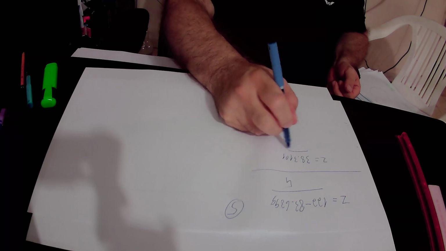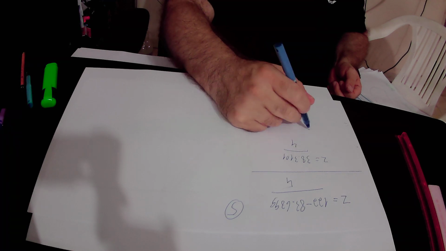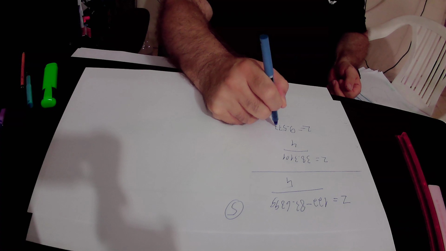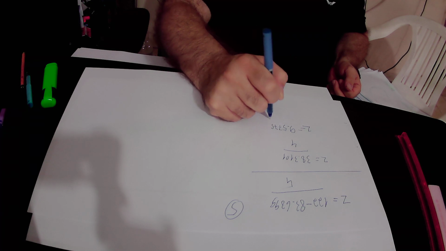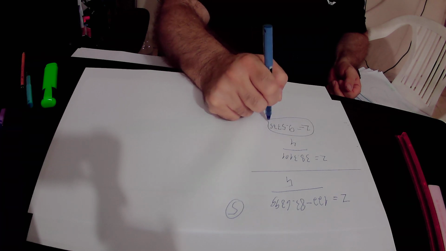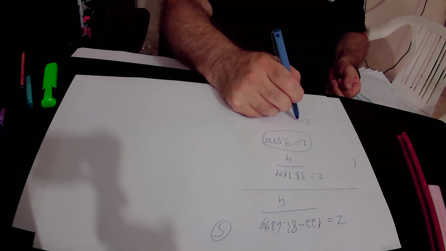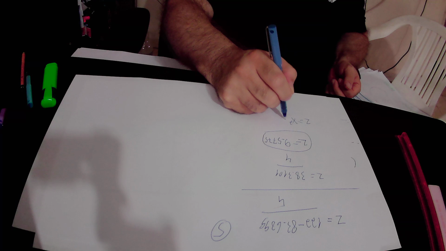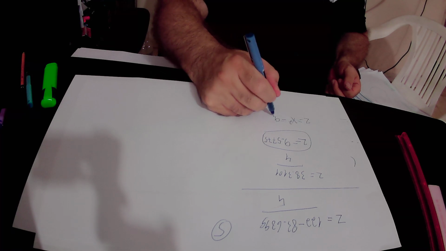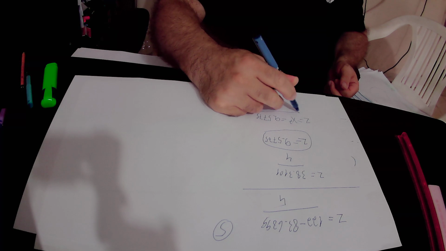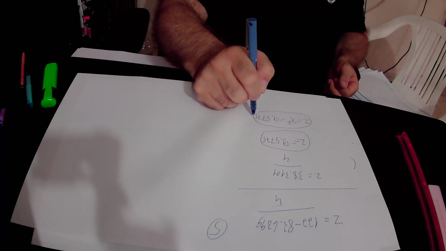38.3101 over 4 is equal to 9.5775. So we found out that z, that according to our definition is equal to x squared, is equal to 9.5775. So here we take out of this equation,